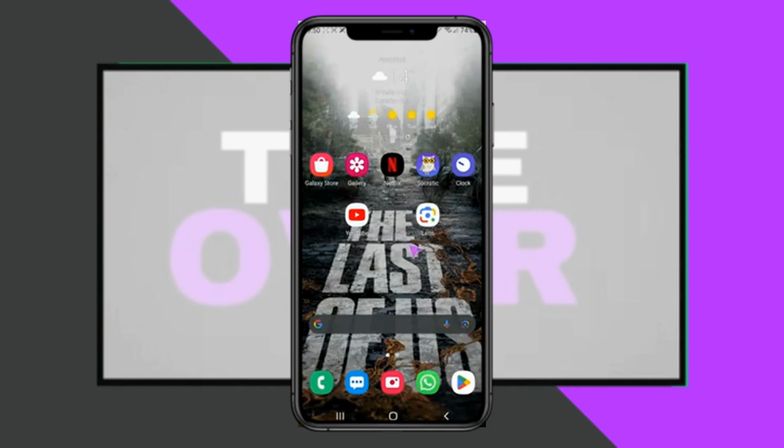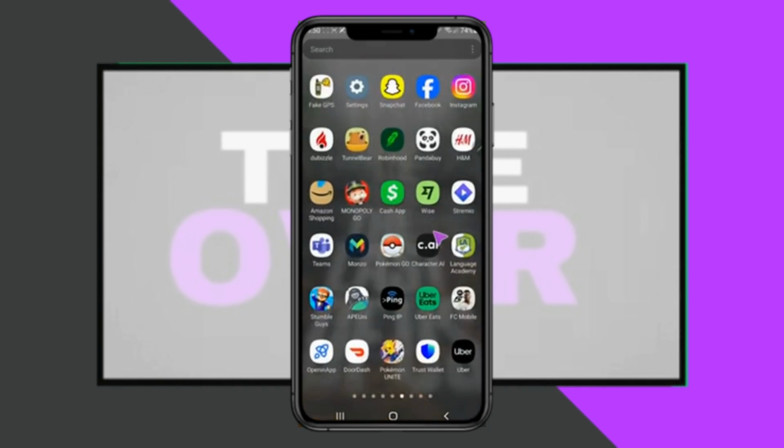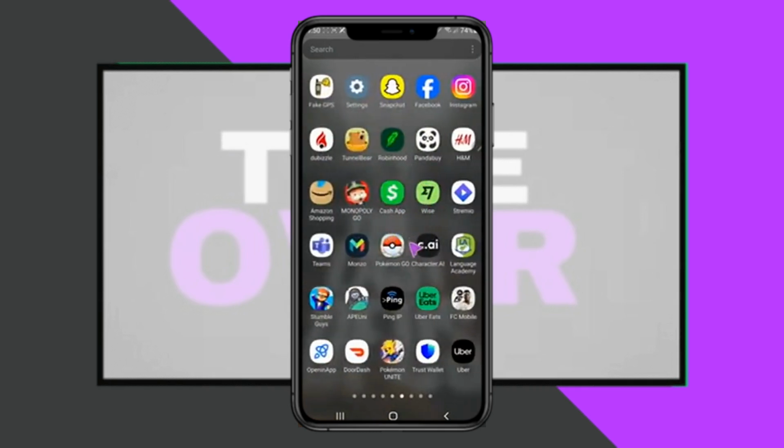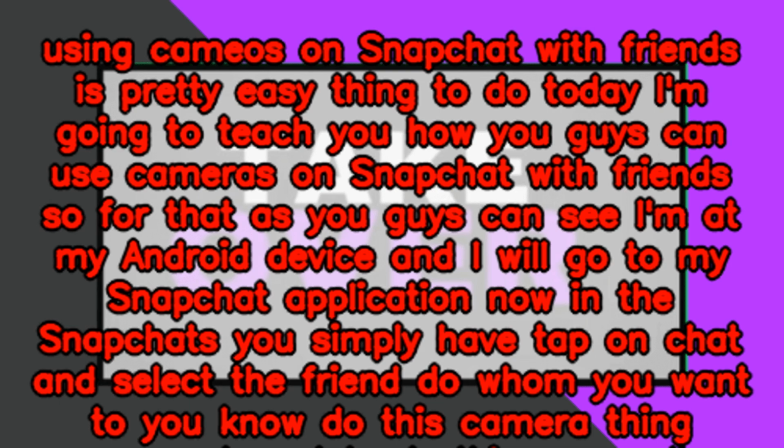Using cameos on Snapchat with friends is a pretty easy thing to do. Today I'm going to teach you how you can use cameos on Snapchat with friends. So for that, as you can see, I'm on my Android device and I will go to my Snapchat